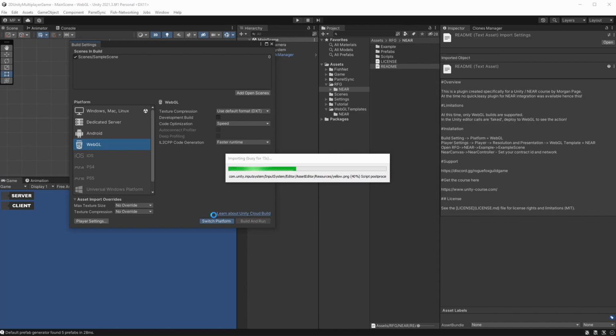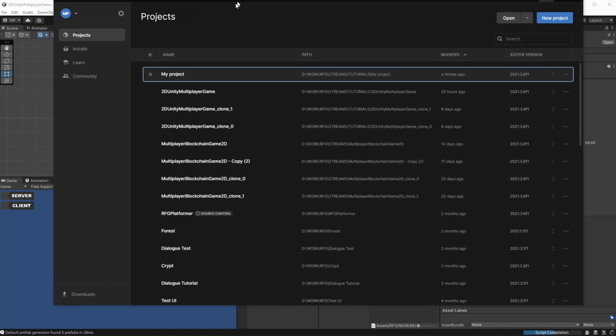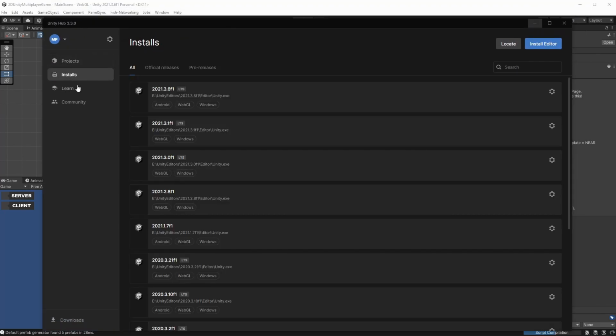So at the moment this SDK only supports WebGL, but hopefully that will change in the future. Now if for some reason you don't have this WebGL option under platforms, you need to actually come back to the hub here, go to installs,